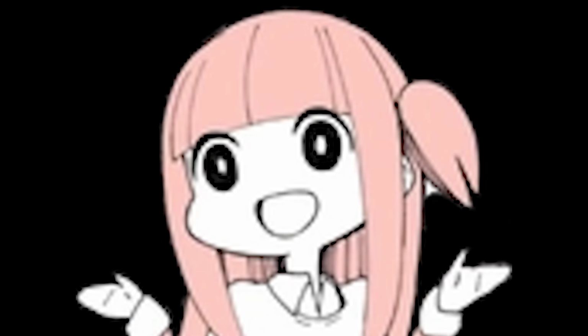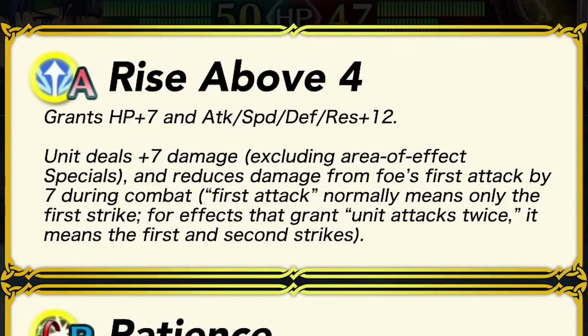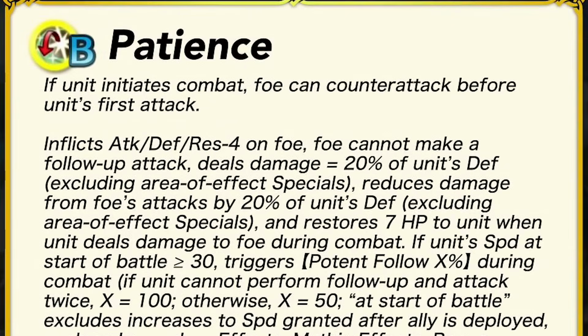What a great system. But yeah, the differences really do feel minimal though, because they are. I don't think you really need to grab him unless you want his fodder. And speaking of which, Ike also comes with a bunch of inheritable skills, including Rise Above 4, Patience, and a